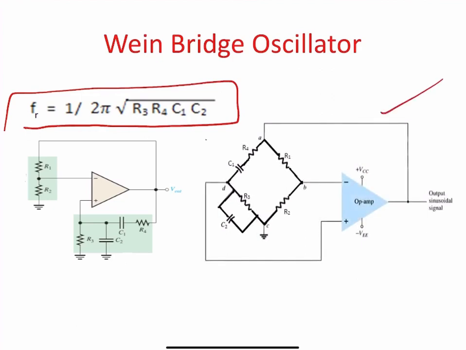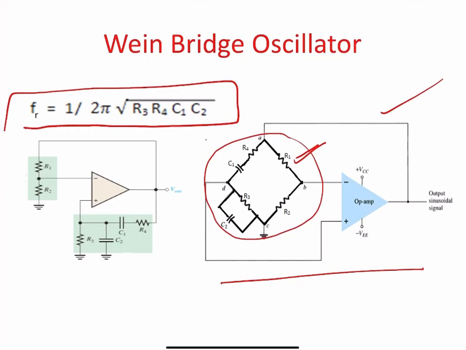Now when you redraw this circuit, you will get this type of figure. Redraw means R1 and R2 here you can see are connected: one terminal of R1 is connected to the inverting input of the op amp, the other terminal of R1 is connected to the output. Same here, reconnect the components. R1 is connected in between this inverting input terminal and output. Similarly, R2 is connected. In the same way, connect R3, R4, C1, C2. Whenever you connect, you will get this type of figure. This is also a Wien bridge oscillator. You can see here the feedback network is in the form of a bridge. That's why it is called Wien bridge oscillator.